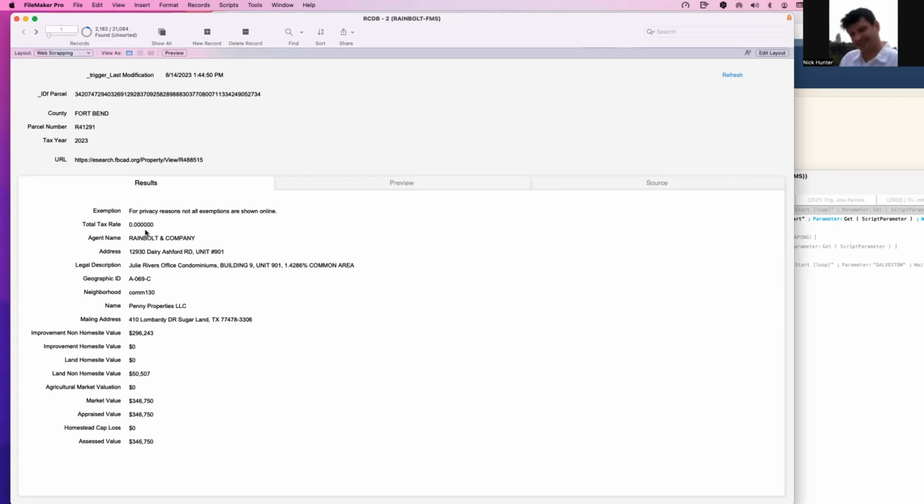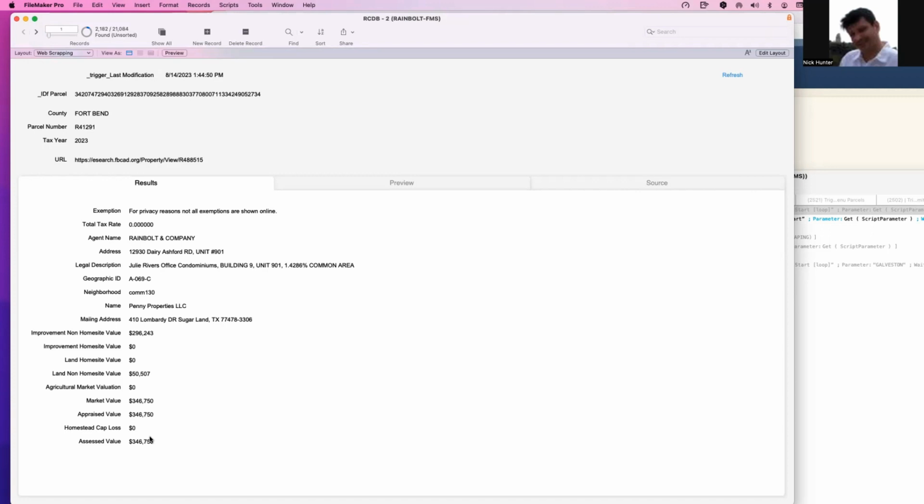Can you imagine the nightmare if I want to use a case scenario, a calc with a case? Say, if it's Fort Bend for that field, I want that calc. If it's Montgomery for that field, I want that, and that for all of them. It's a nightmare to maintain and a nightmare to build. I don't want that complexity. Secondly, I want something that works fast, and that works on the